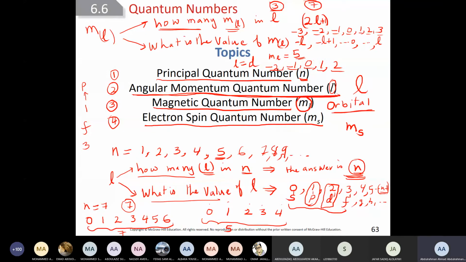You must memorize this. We usually represent these numbers by lines. So if L is equal to 2,